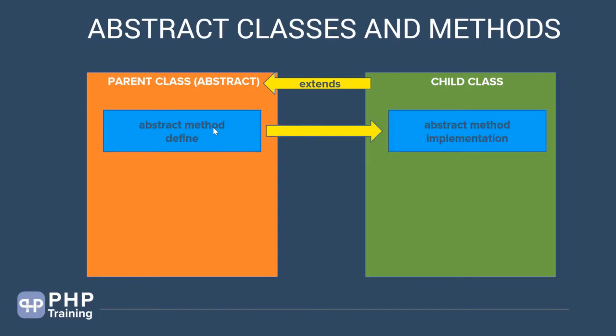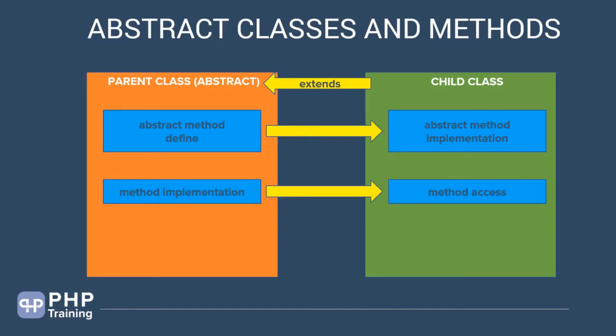First, you can define an abstract method in the parent class and say, okay, this is the method I want child classes to implement. It's like a contract that the abstract class is stating. When a child extends the parent class, it does the implementation of those abstract methods. Whatever methods are mentioned as abstract and not implemented in the parent class, the child class has to implement. Also, the parent class can have method implementations, so it can just normally write a method, write echo statements, and completely implement it.